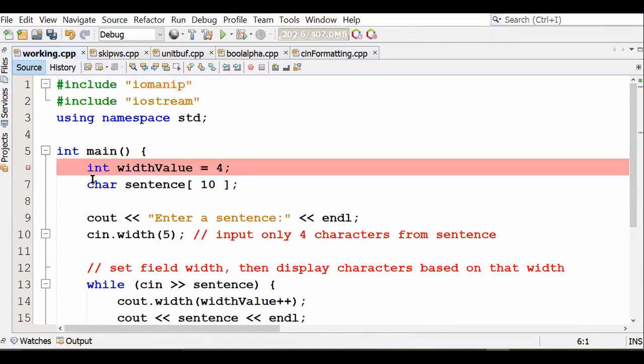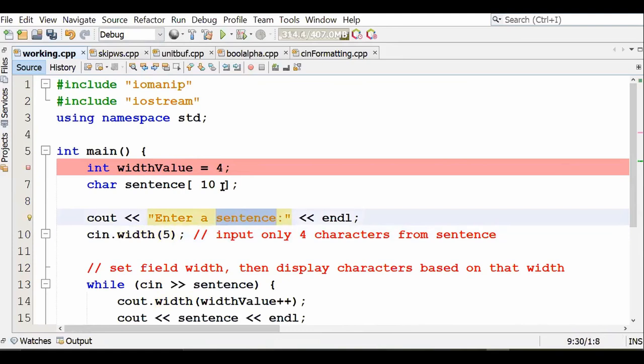I'll now give a demonstration. Last time I had done it with cin.setf skipws. Likewise, right now I'm saying cin.width. Last time we said cout.width. Now I'm saying cin.width. I'm setting the width. Now, what does it mean? cin.width. The output width we understand, but the input width? Let's see what impact it has when I say cin.width. So I'm saying cin.width as 5. I'm asking the user to enter a sentence.